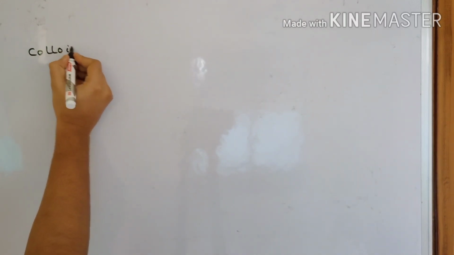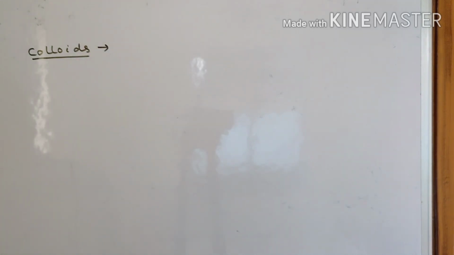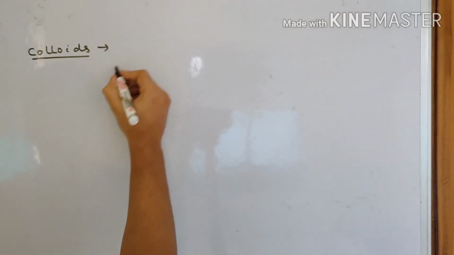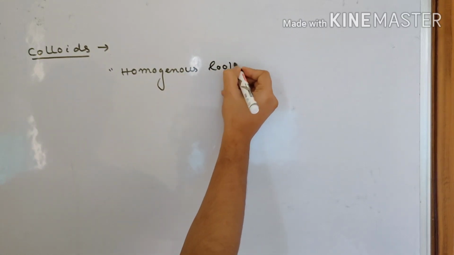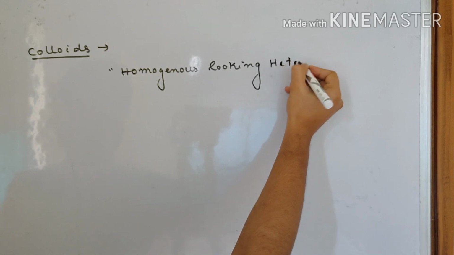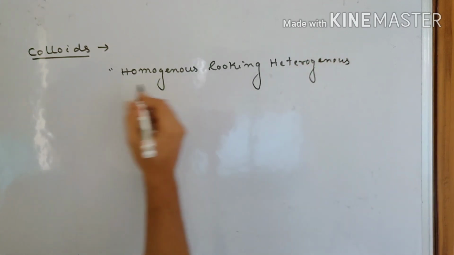Next topic, as I was telling earlier, is colloids. Regarding colloids, remember in class 12 the discussion will reopen, but here we will have a minimum, or preliminary, idea about colloids. So let us see what colloids are. Once you have understood what a suspension is and what a true solution is, understanding colloids becomes easier. Actually it is a homogeneous looking heterogeneous mixture. This term is used: homogeneous looking heterogeneous mixture,